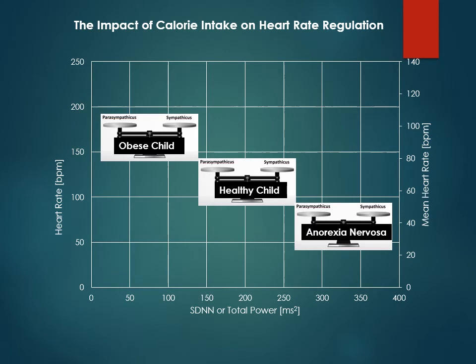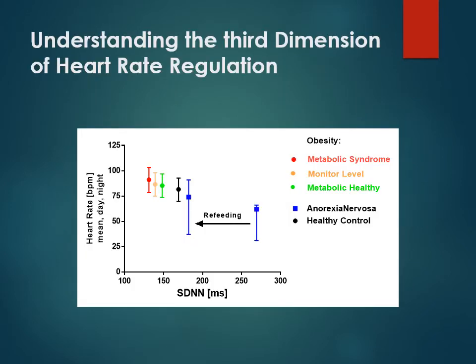In this three-dimensional view of heart rate regulation, there are clear, highly significant differences between the healthy child and the obese child, who have higher heart rate and lower heart rate variability, and children with anorexia nervosa, who have lower heart rates and higher heart rate variabilities. This measured data clearly show the